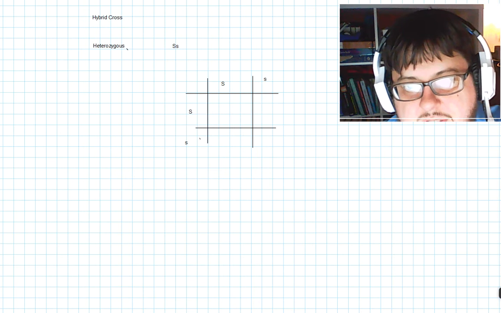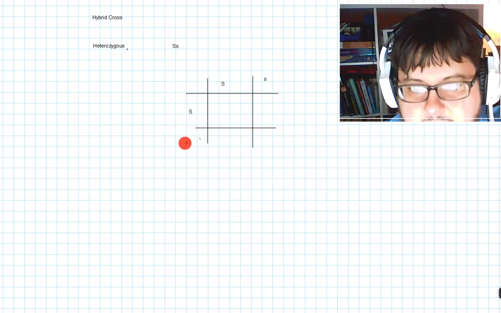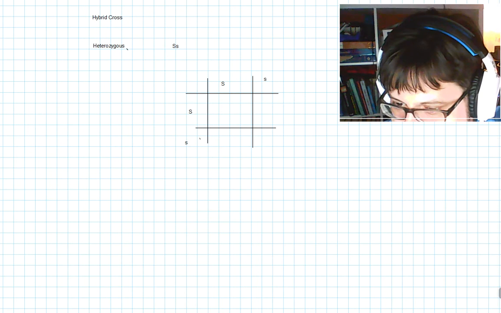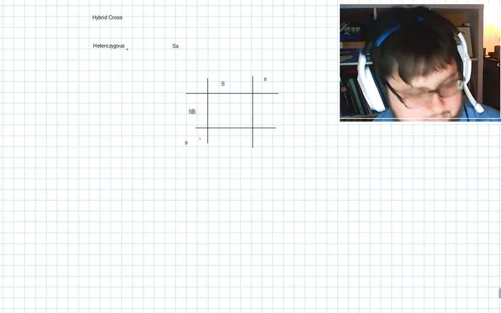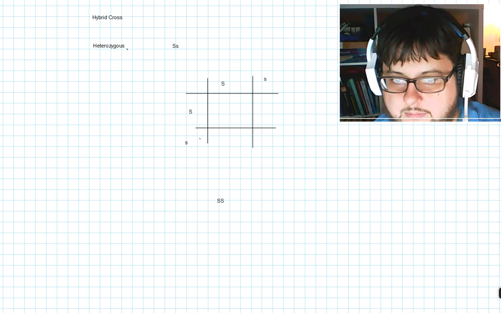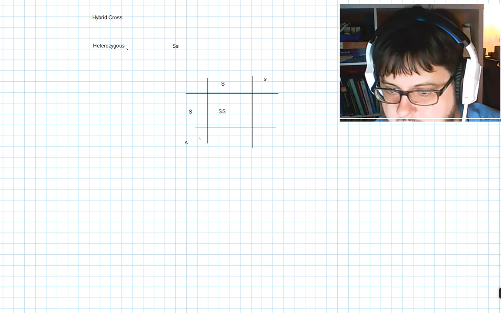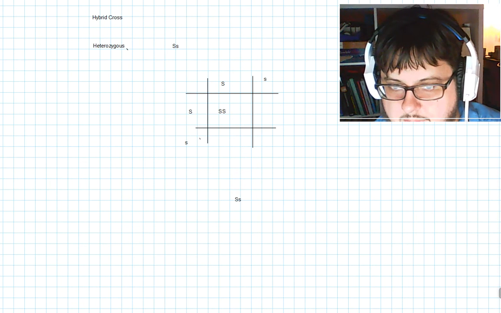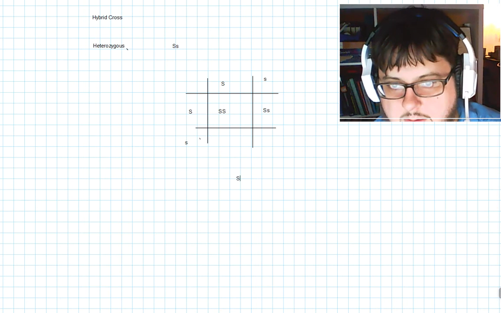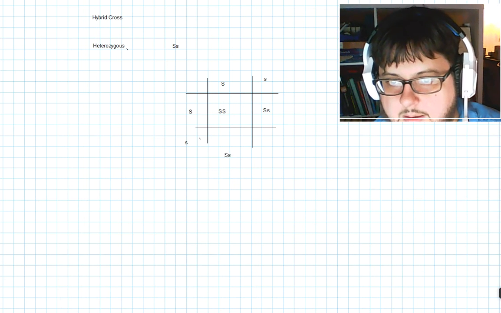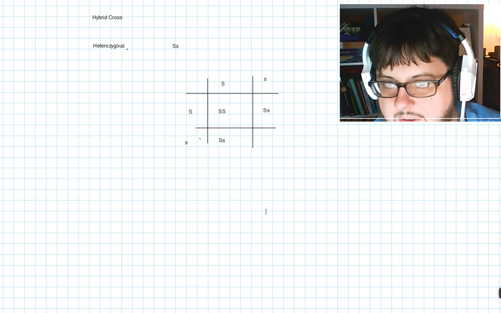And on the cross section, you take this big S and it goes to this section, and the far one, the little s, to here and to here, which would give us a big S here, big S, little s there, big S, little s there, and two small s's